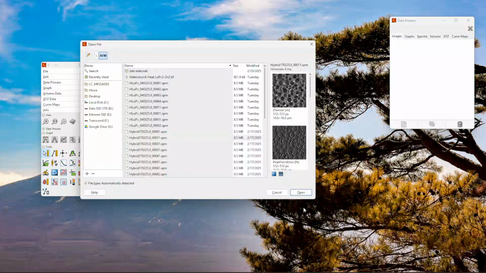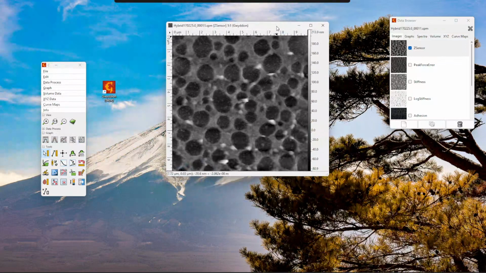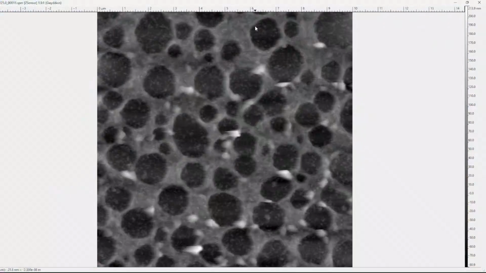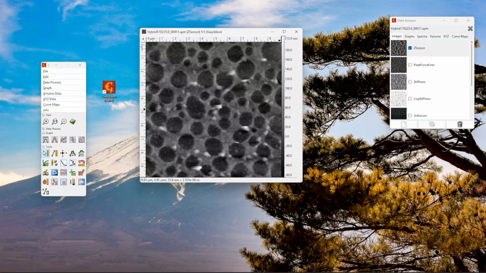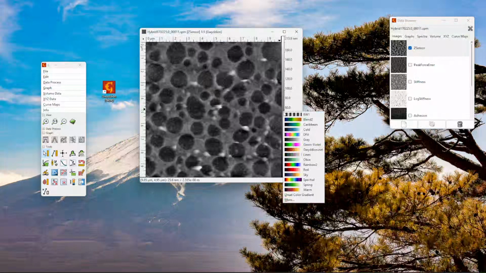So open. Basically, in the file there are different sub files or images, but this is the main image. Okay, so what I usually do with AFM images is, in here, right mouse button,